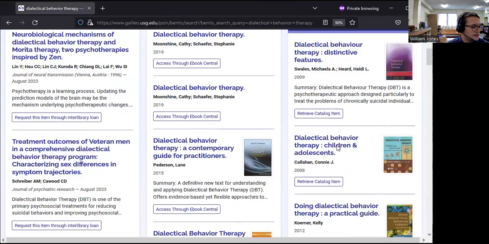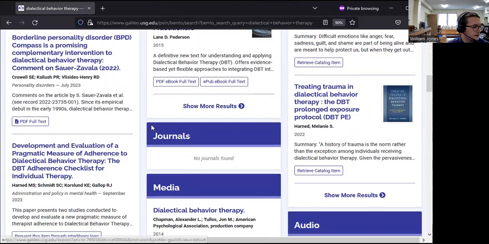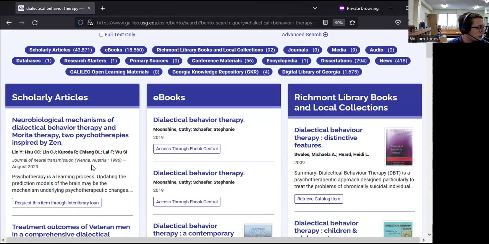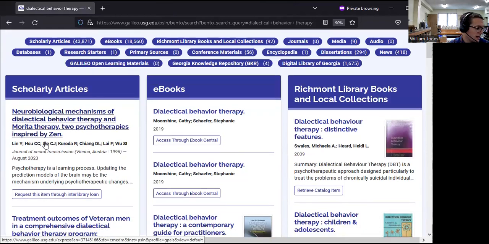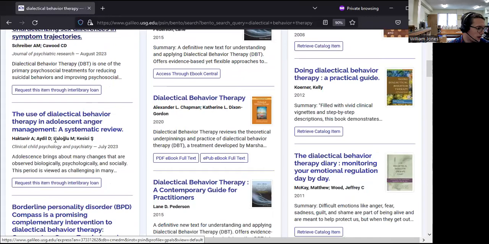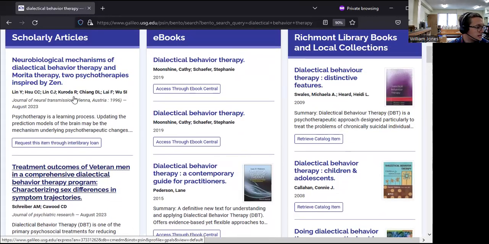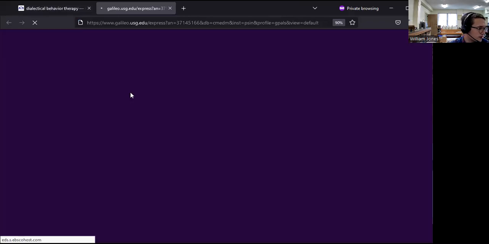So these are two ways to access books, but you'll notice also here on the far left, there are scholarly articles. Now these entries are of two different basic types. There are full text resources. So these are articles that we have access to the full text of immediately as a PDF or an EPUB or a web page. And then there are a lot of articles that we just have the record for. So for instance, this one is